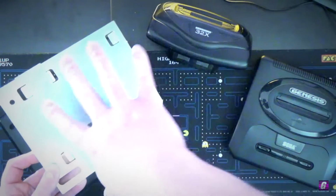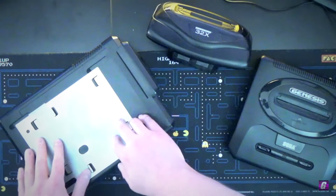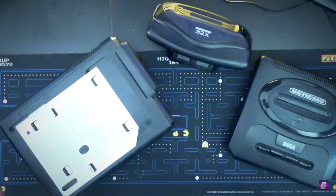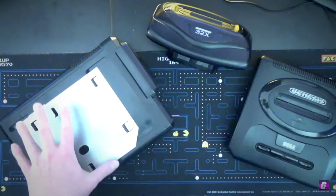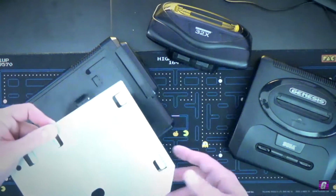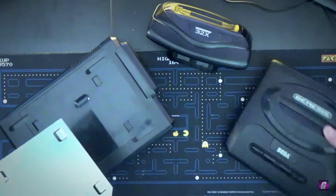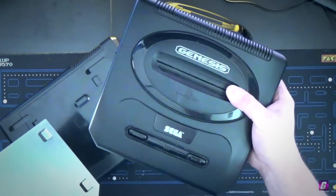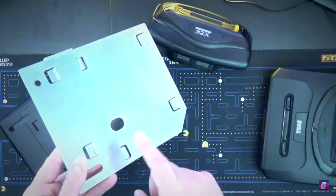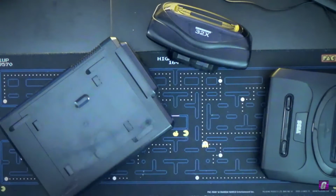So what you would do is attach your Genesis to this and then drop it in here, like so, and then the console would be attached to it. However, from what I found, this plate specifically for the Model 1 is something that you use with a Model 1 Genesis. That's what it was designed around. Because remember, when the Model 1 Sega CD came out, this guy didn't exist. This guy existed when the Model 2 Sega CD came around. So I actually tried installing this plate on the Model 2 Genesis, and it just would not fit. So, however, with that said,